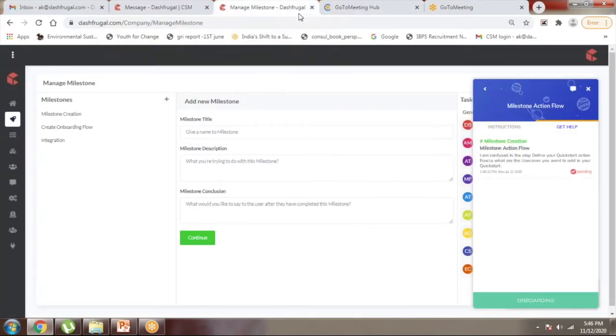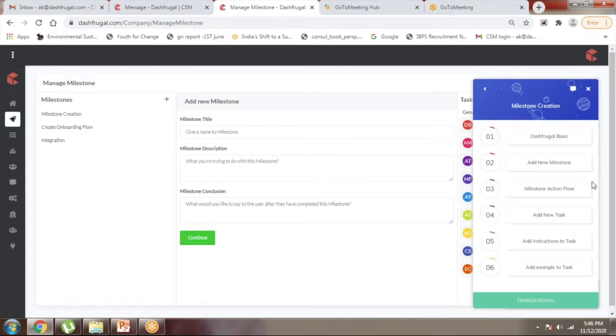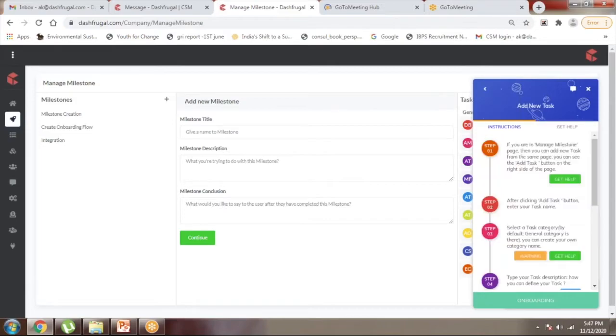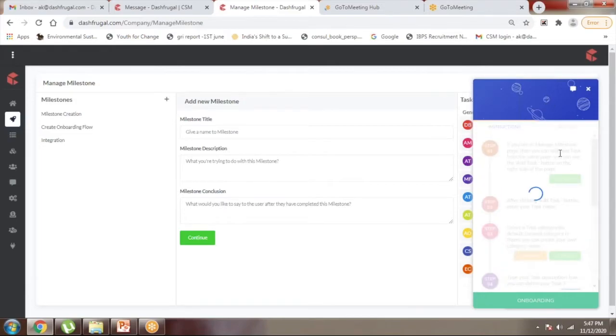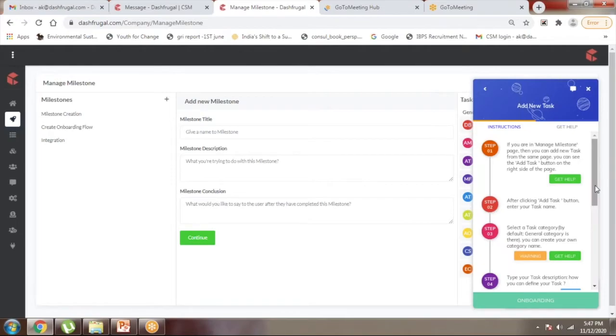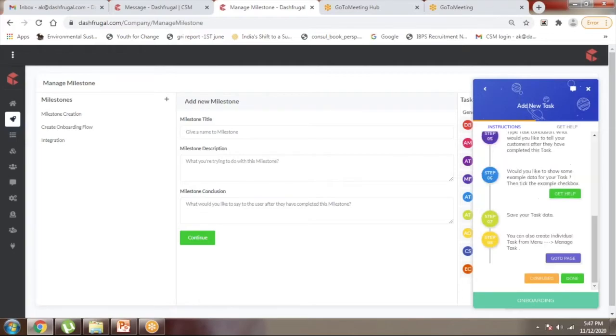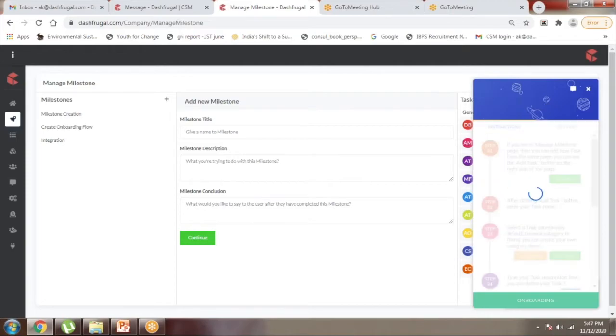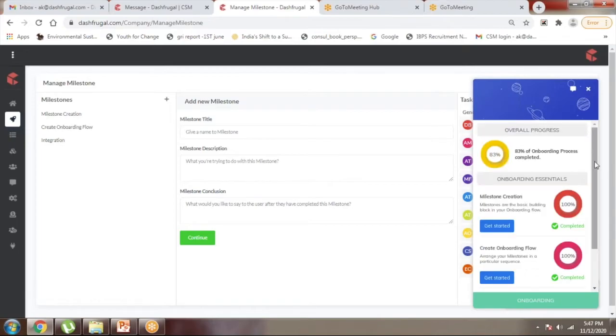Coming back to the widget, similarly for every step we have such a get help option, so that the user is able to address his issue as and when he faces a problem. And after completing each step, for every step we have this green color done icon, and after completing the particular step, a user has to click this done icon, so that the overall onboarding progress is updated on the top area. So similarly, for each step, we have this help request option.